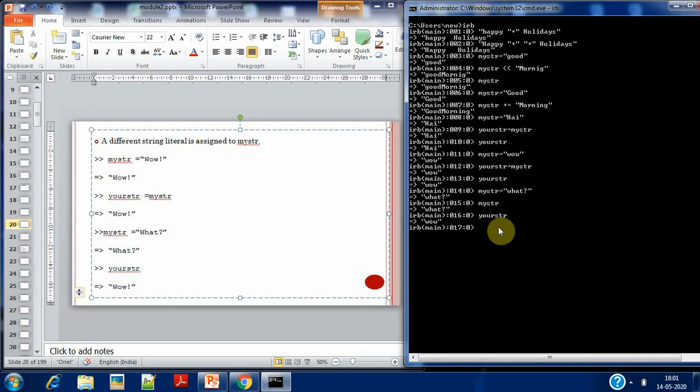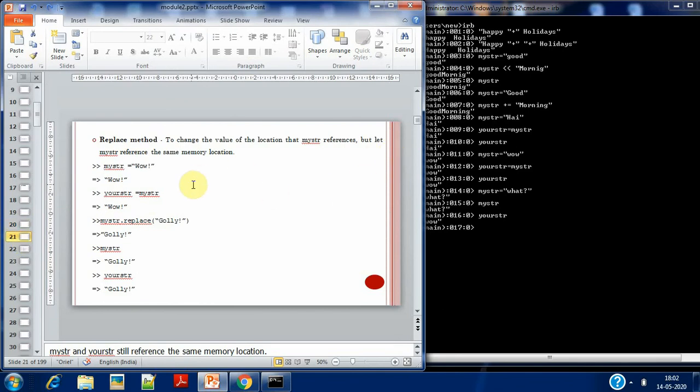That is what we are saying. If a different string literal is assigned to mystr, Ruby will build a memory location with the value of the new literal, that is, what, and mystr will reference the location where what is stored. But your str will still reference the location of wow. Okay.